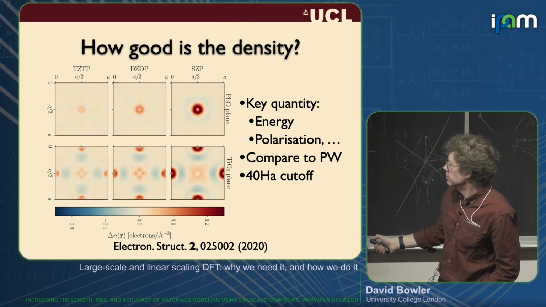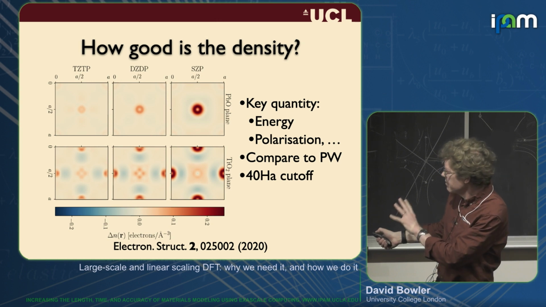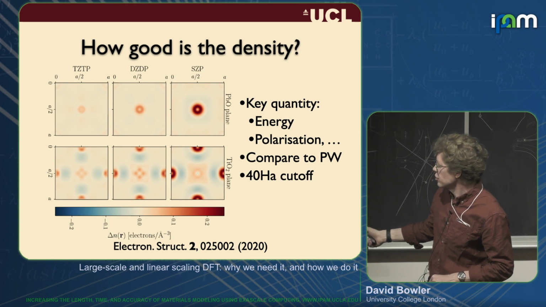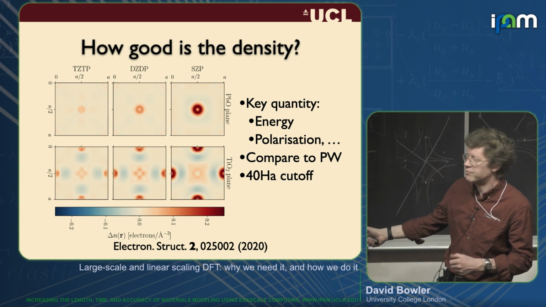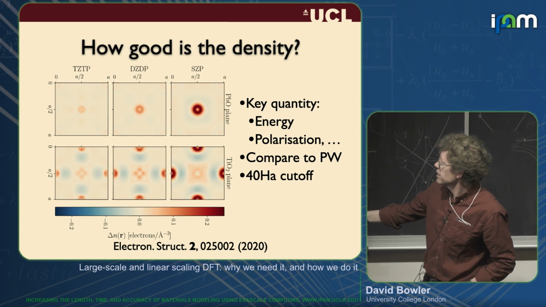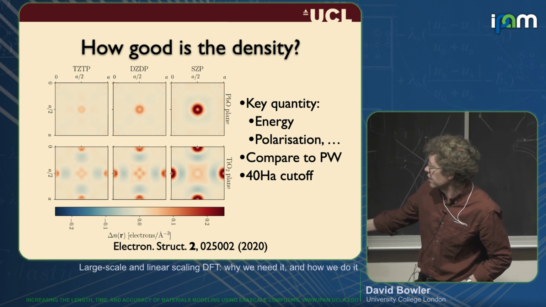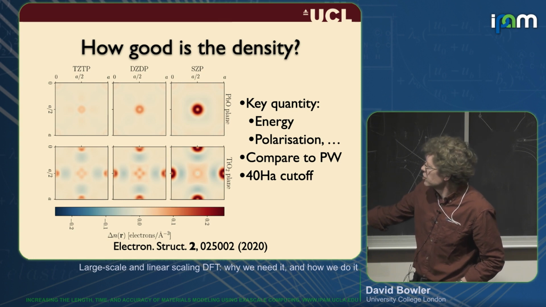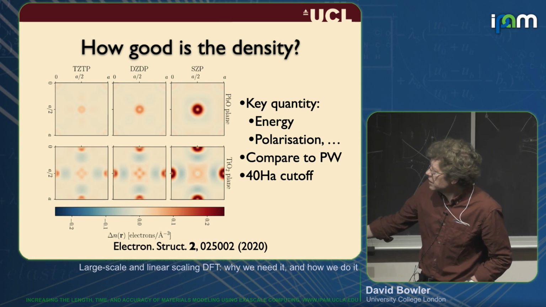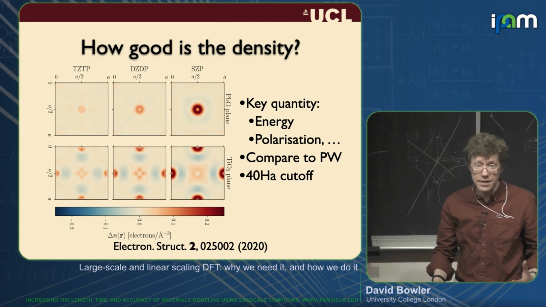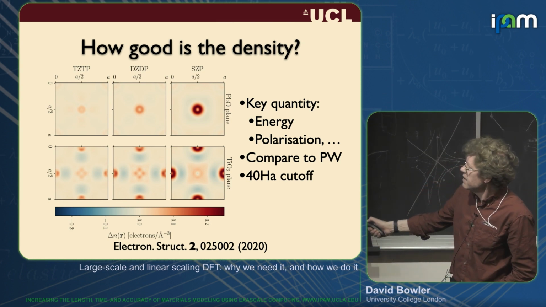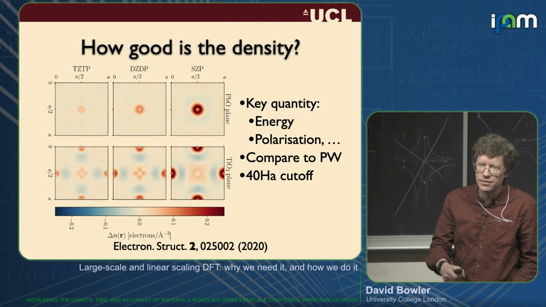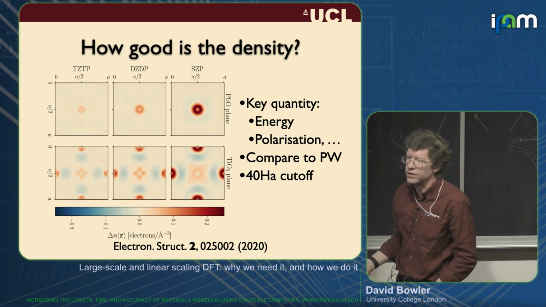And so he took, I think it was Abinit, it might have been Quantum Espresso, but again, same pseudopotentials. What we want to do is compare the charge density to the completely converged 40 Hartree cutoff plane wave result. And he's plotting this either in the lead oxygen plane or in the TiO2 plane. And you see that, not surprisingly, the single zeta polarization isn't very good. As you increase the basis set size, it becomes really very good indeed. Though interestingly, even the SZP only differs significantly near the center of the oxygen.